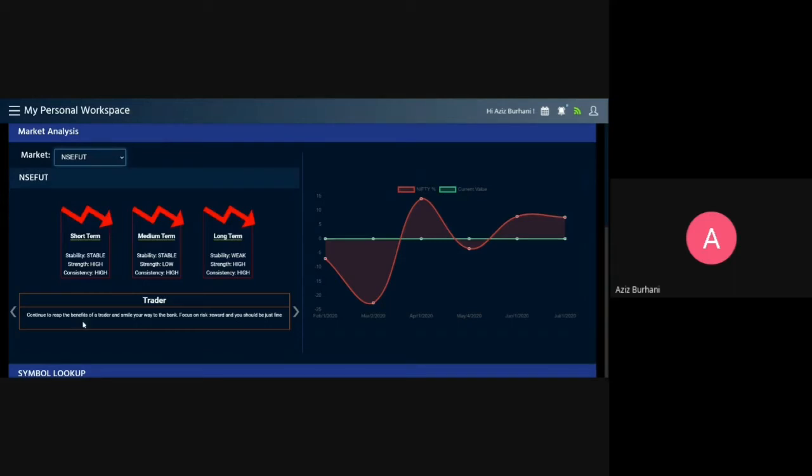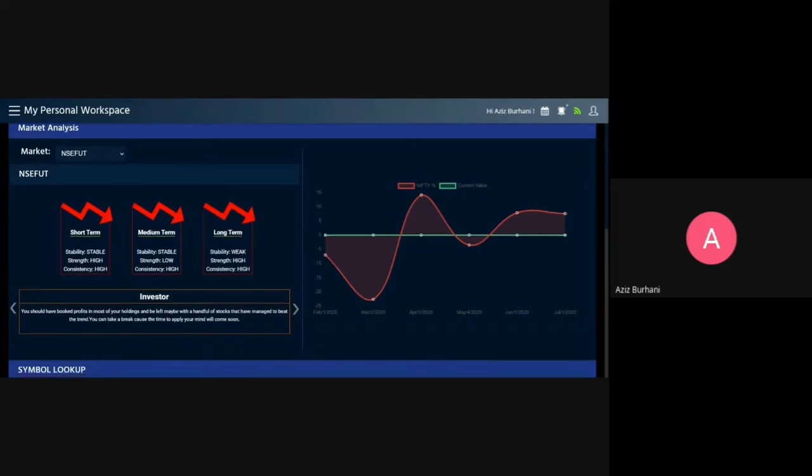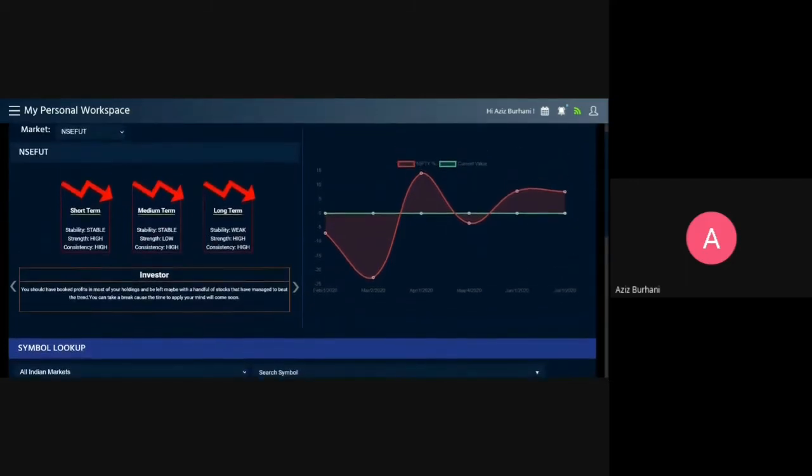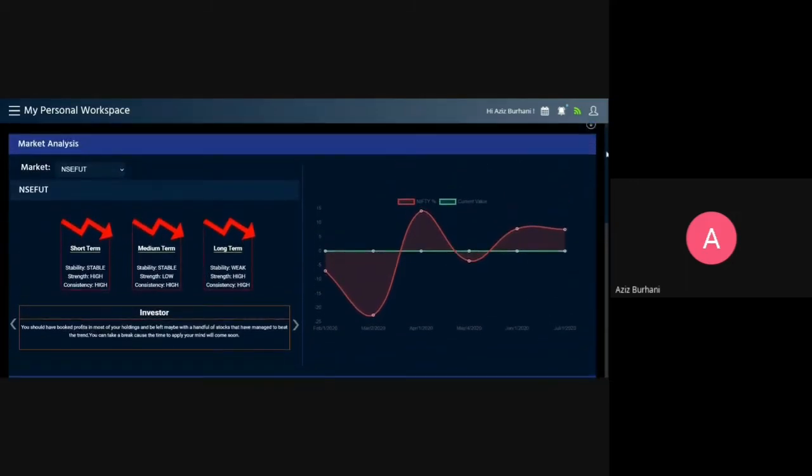And there's a small write-up at the bottom, which gives you a sense of what is going on for a trader and an investor. So this is the market outlook. If you ask me personally, I'm a very big fan of the market outlook feature. I would use this software only for the market outlook feature, if not for anything else.